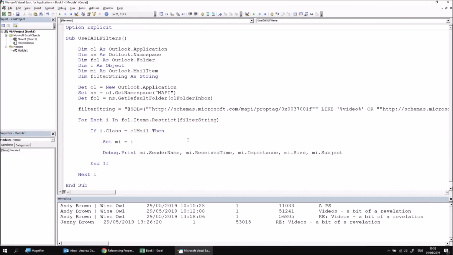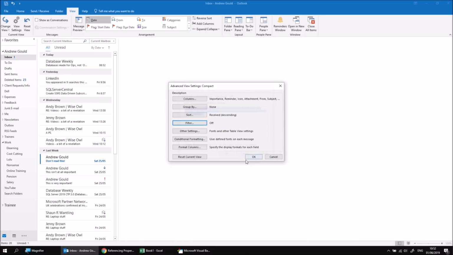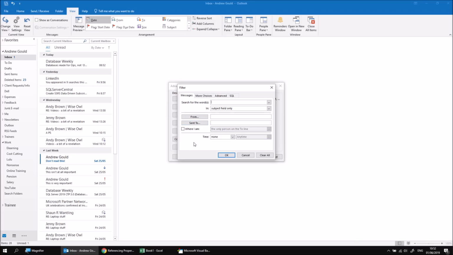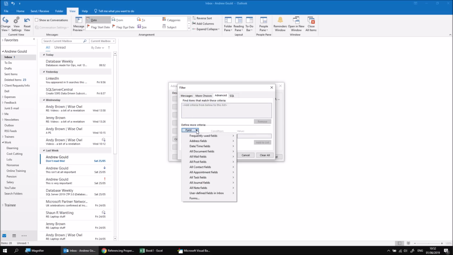One other great thing about using DASL filters is it allows you to access some of Outlook's filter macros. This is particularly handy when you come to filtering dates. So for example, just to show you how those work, if I switch back to Outlook and again cancel the dialog box and then open the filter dialog again, let's build this up actually on the advanced page. If I go to the advanced page first and then from the field list go for date and time fields